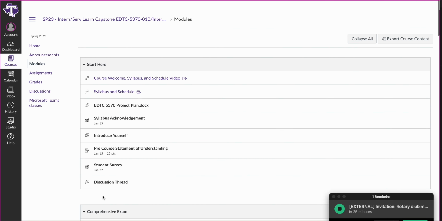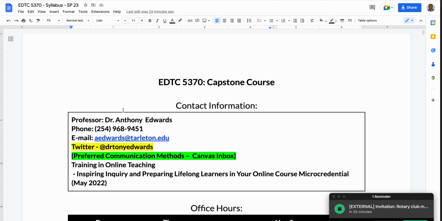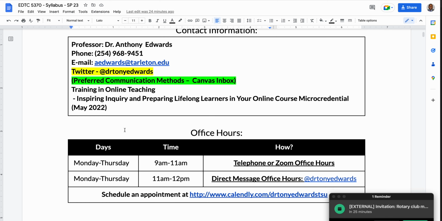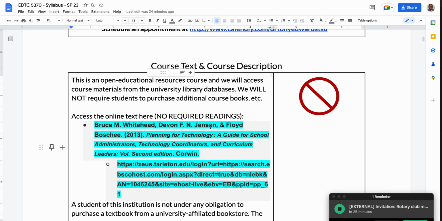So let's go back up to the syllabus. All right, we have that pulled up for you already. Again, my contact information. All right, it tells you a little bit about my training in online teaching. I've completed the Inspiring Inquiry and Preparing Lifelong Learners in Your Online Course micro-credential through AQ. All right, information on office hours again. All right, course